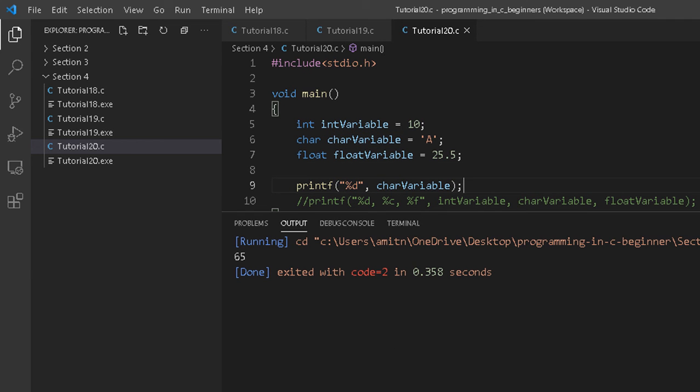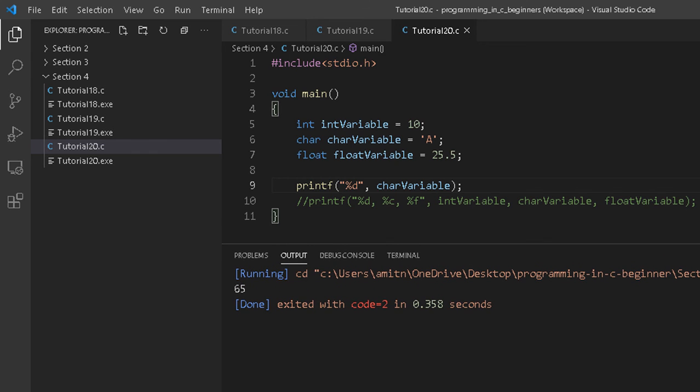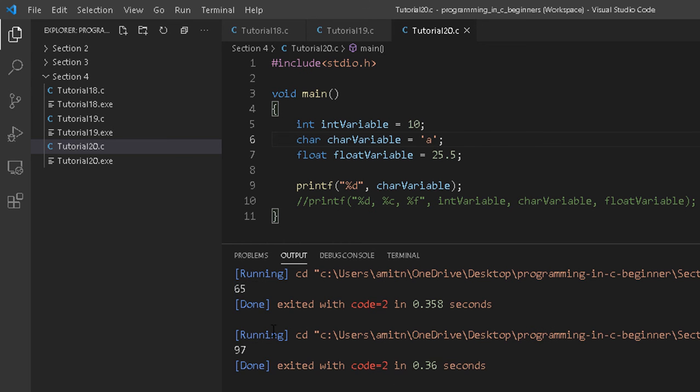If you remember, in my previous tutorial I told you about ASCII codes. Definitely in our upcoming tutorial we are going to discuss ASCII codes, but till then you can understand that each and every character has an integer code assigned to it, right? Just like capital A has 65 assigned to it, small a has 97. So if I run this now, it will print 97.